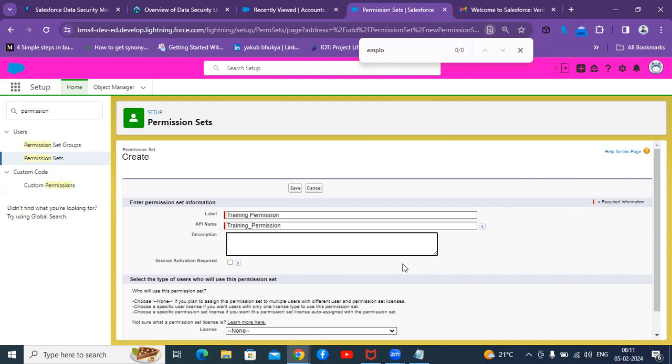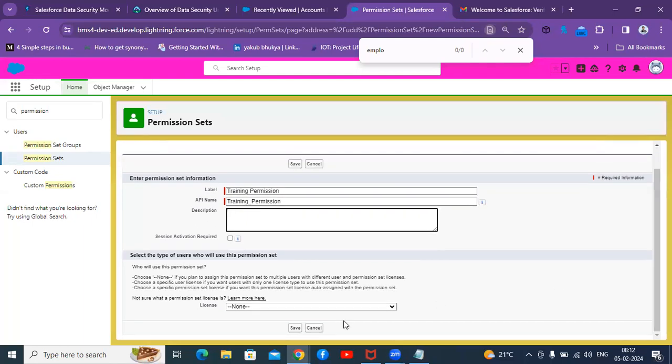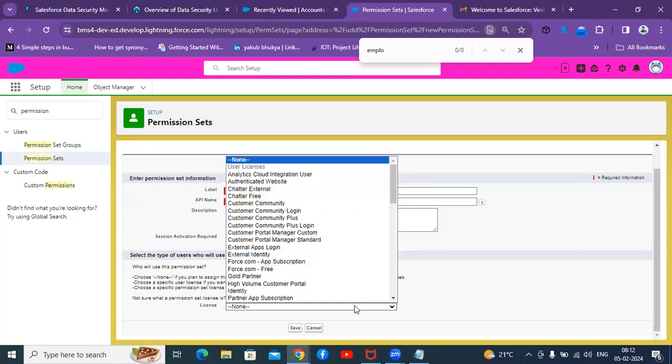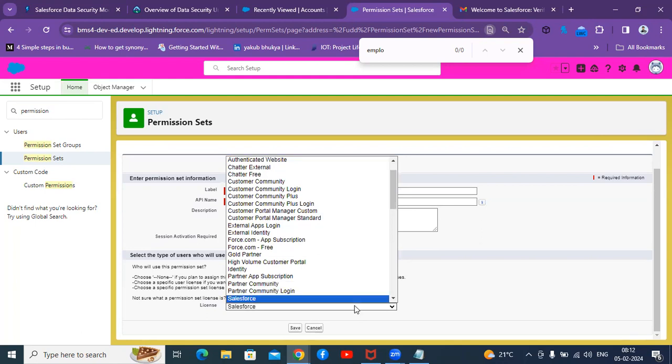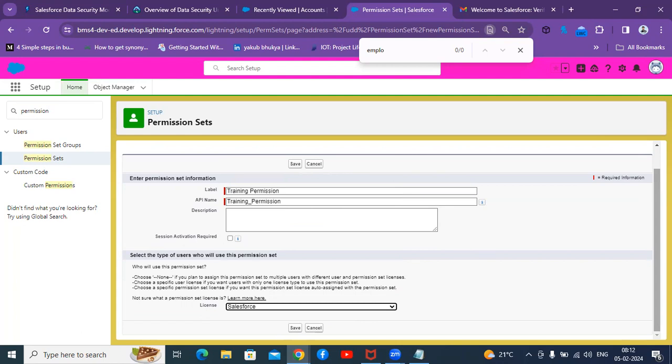Sure. So description. For which purpose you created this permission set, if you want to add any description, you can add it. Now I'm not adding anything. So coming to the licenses, from which license you want to derive it, I have to provide the Salesforce license. It means a super user license. It's a paid license in real time actually. So I'm saving it. As I created a permission set,